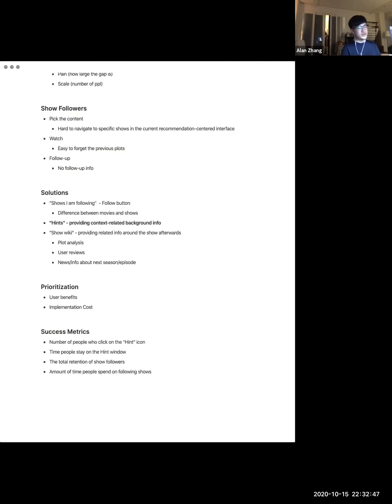And the third thing is more like the total retention of show followers. By retention, I basically mean that among all the users who have started following a show, how many people actually stay towards the end of the show, like they actually finish the show. I would assume the better show following experience we can provide, the more people will stay on watching